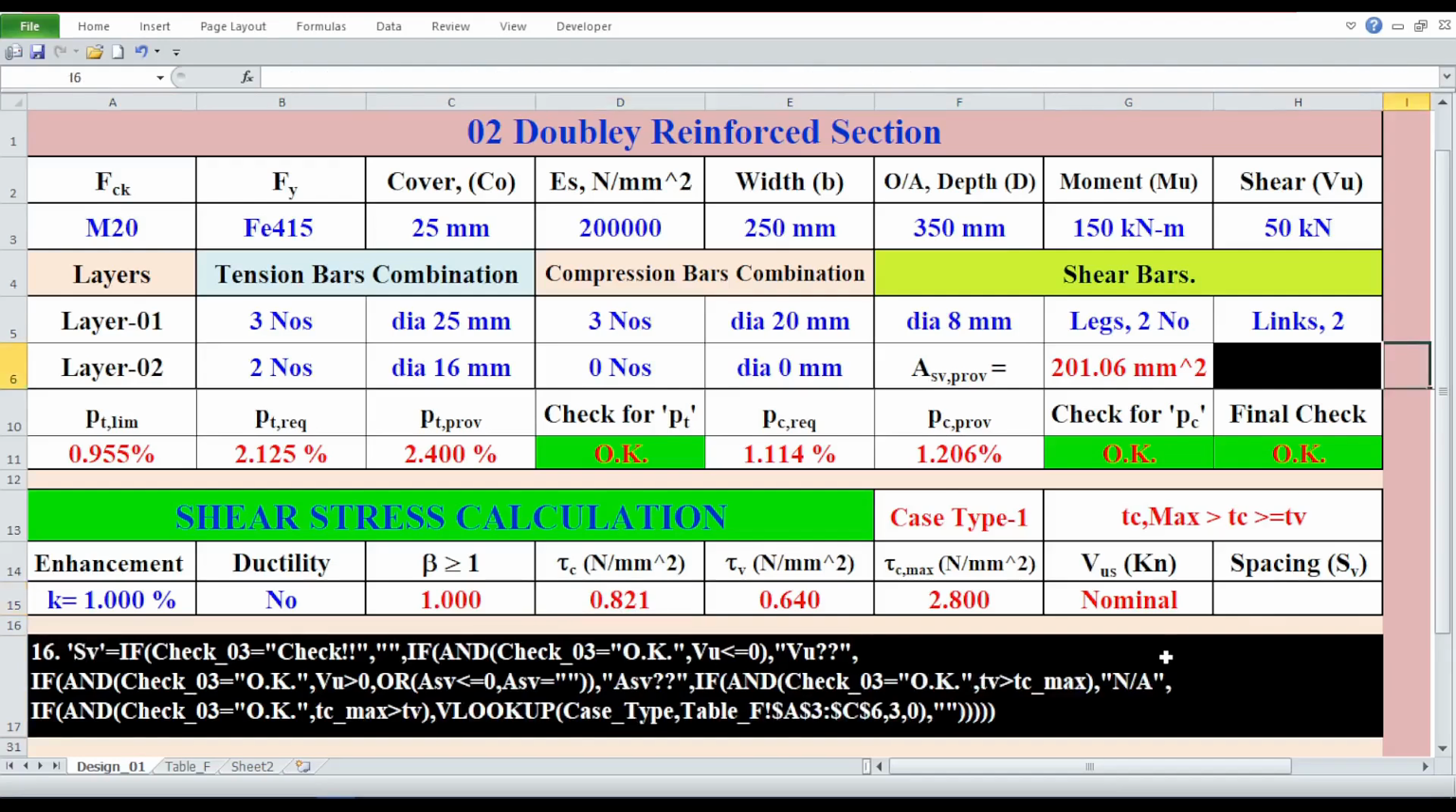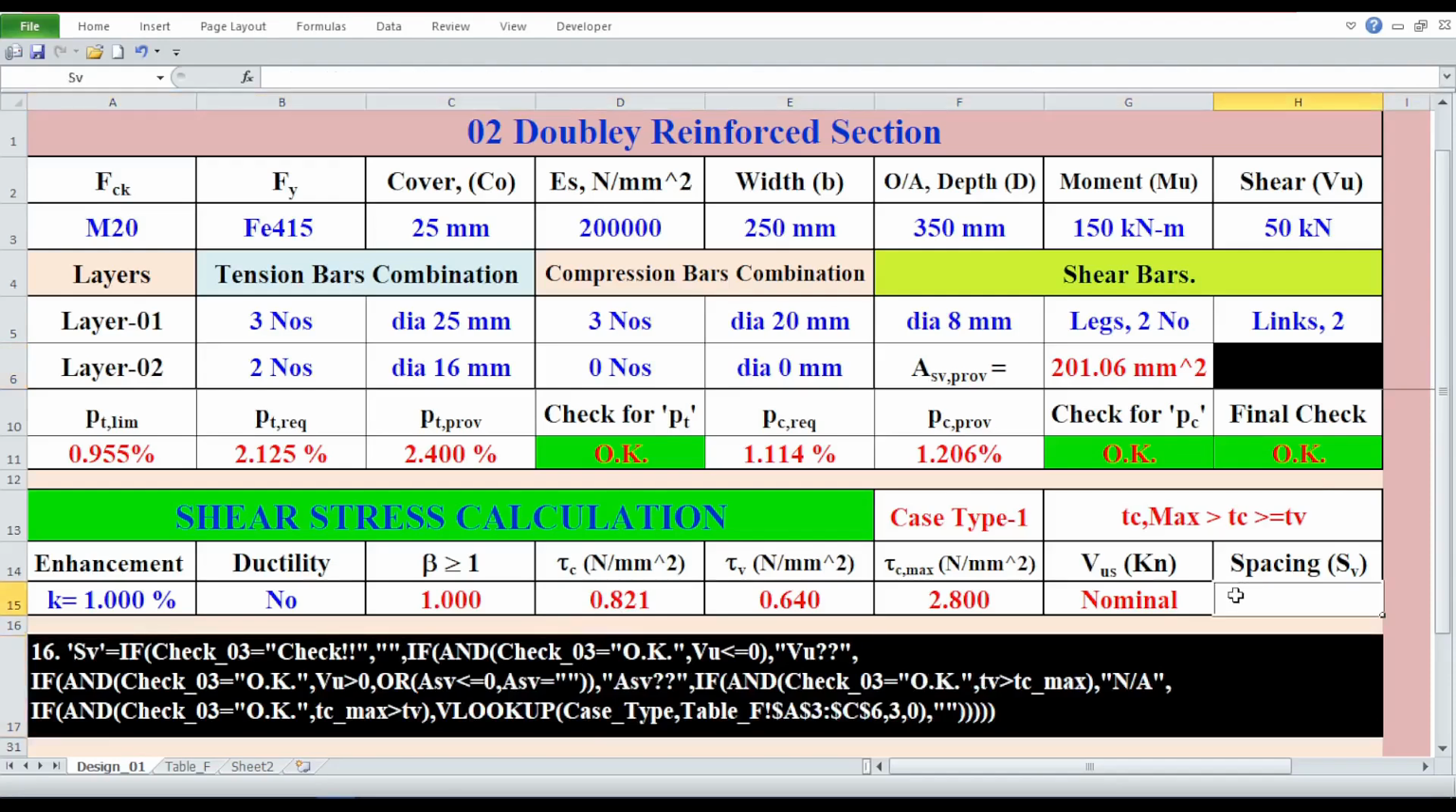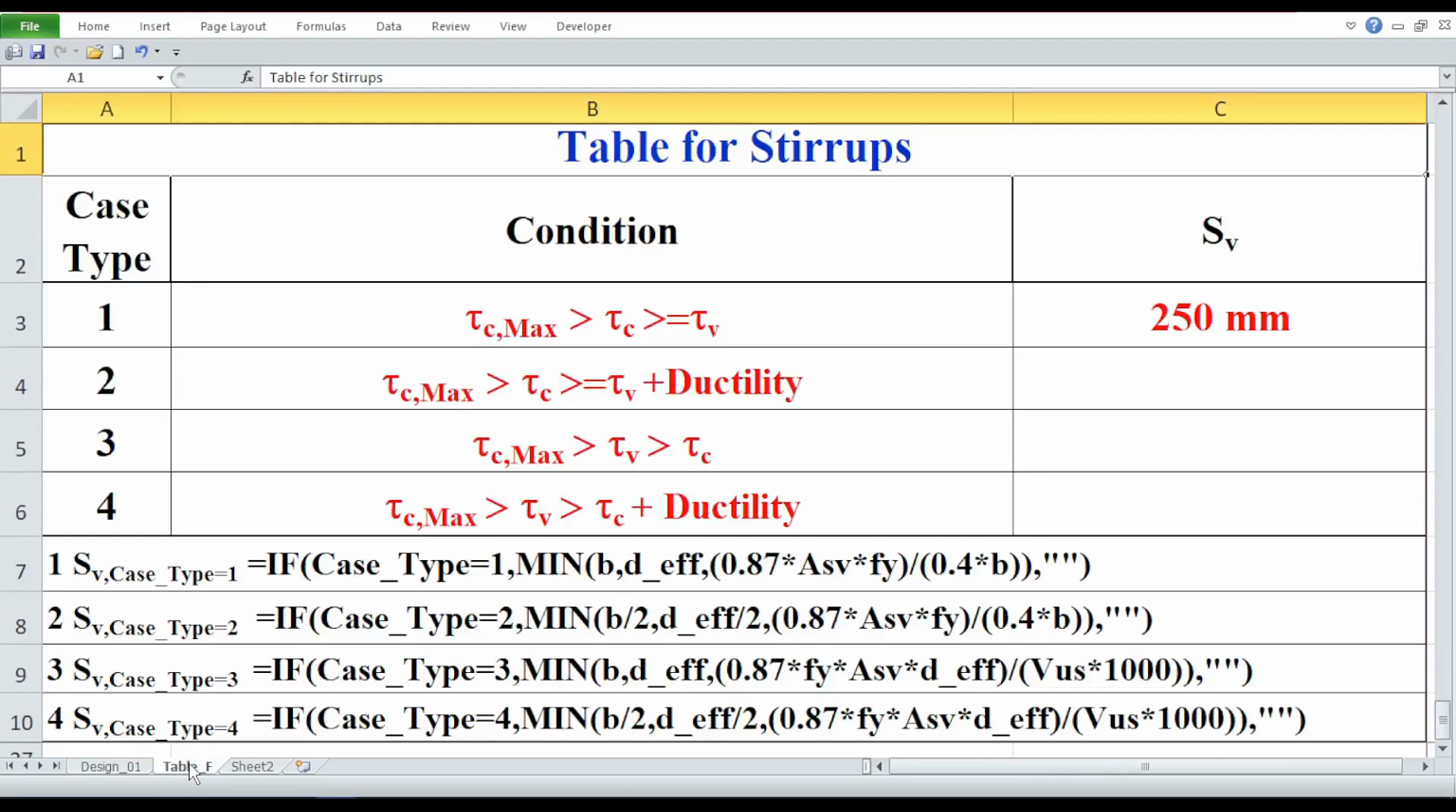Task number 16, formula for the cell with heading SV. SV, or the spacing for the shear reinforcement, is our ultimate destination for the shear design of a beam. I have already told you that this spacing we will calculate on the table named Table for Stirrups on sheet table_F, and that value we will bring to the cell with the heading SV with the help of the